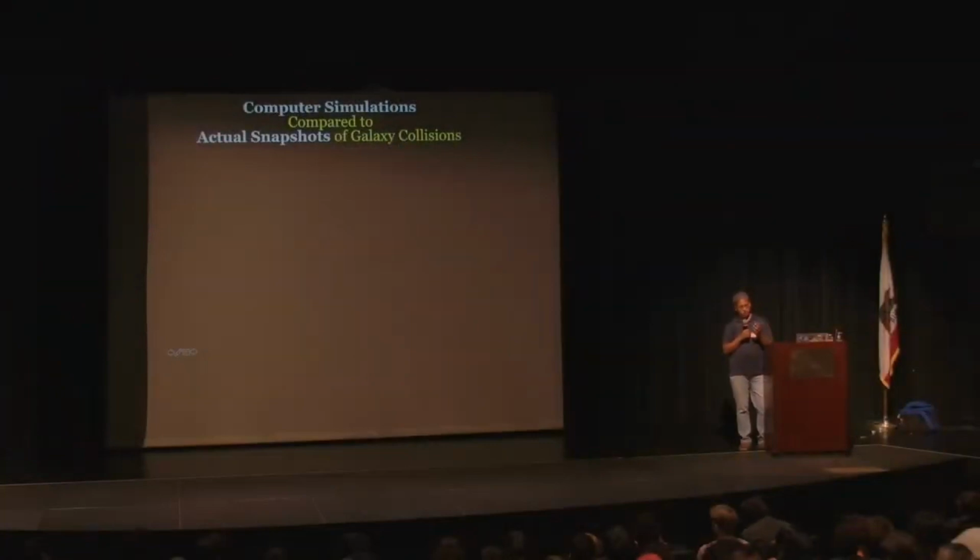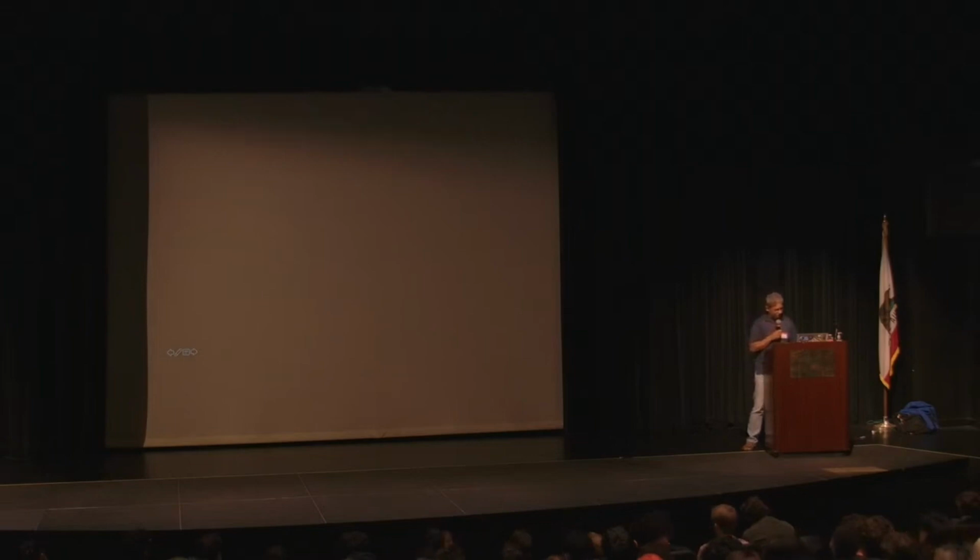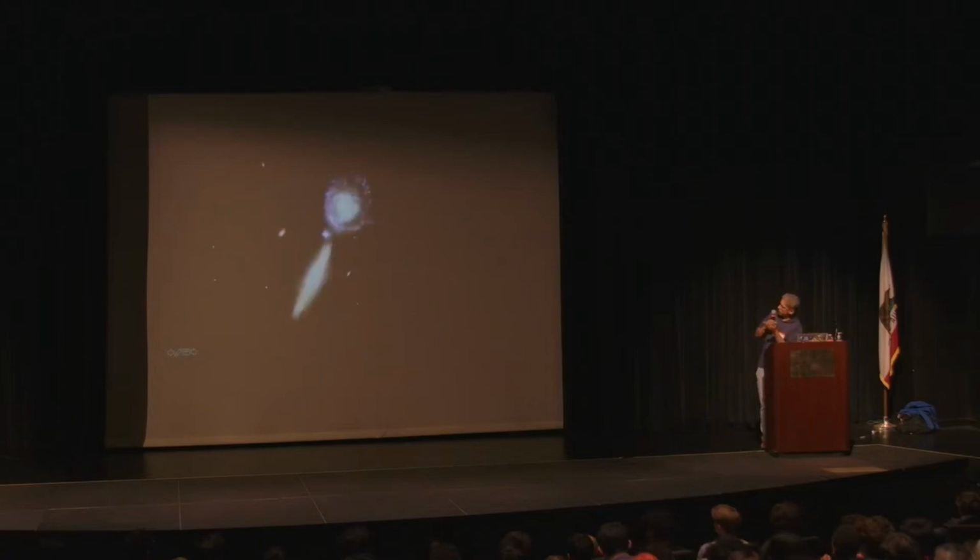Okay, so what we're going to do instead is show you an example of a computer simulation of what happens when two galaxies collide. And we're going to compare them to actual snapshots of galaxy pairs that are at different stages of the collision process. So I'll remove the label and play the movie for you. Okay. As these two galaxies come together, right before they start intersecting, we stop the computer simulation. And here are two real galaxies that are about to collide.